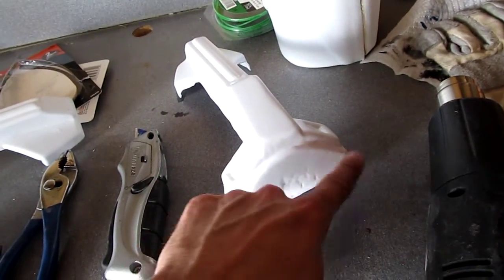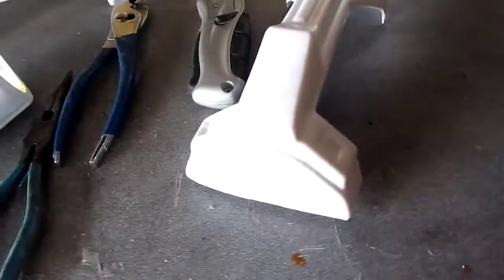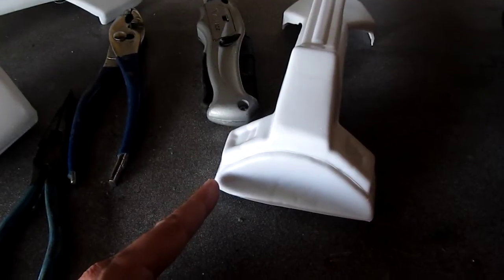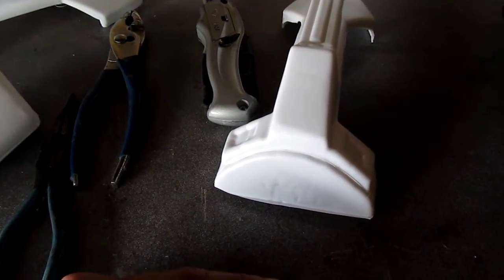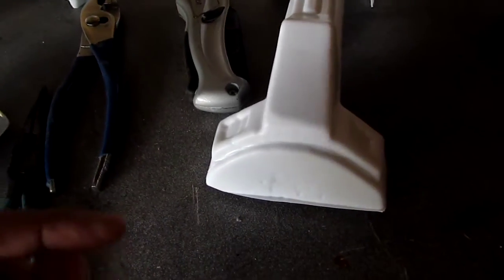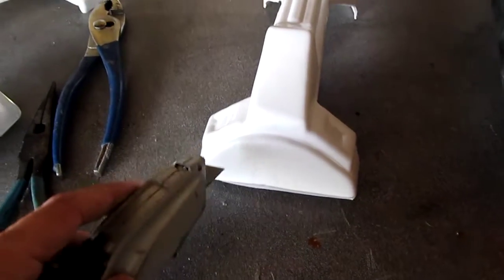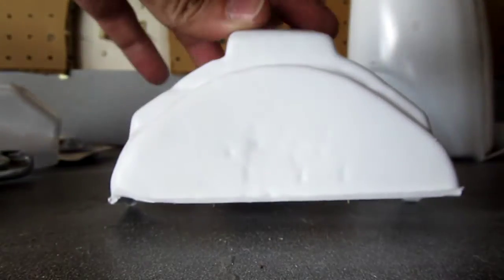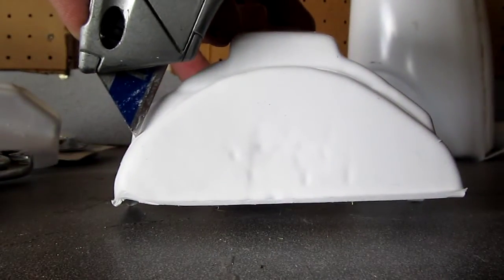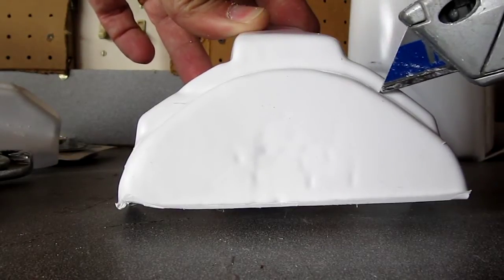But with the vacuum piece, a lot of people have asked about this. It's going to come like this off the buck, and it's going to be rough cut around. So I know in the past I'd used a Dremel to cut everything out, and then I built my first TK, and somebody introduced me to score and snap, which makes a huge difference with stuff. So make sure you've got a really sharp razor blade, and what you're going to want to do is very lightly find your edge, and you're just going to take the tip and work your way around the edge